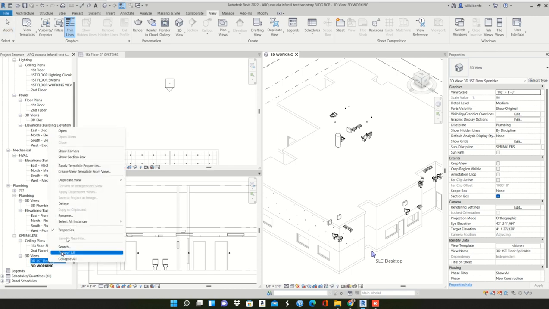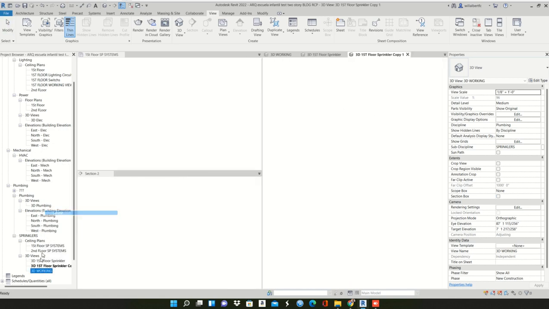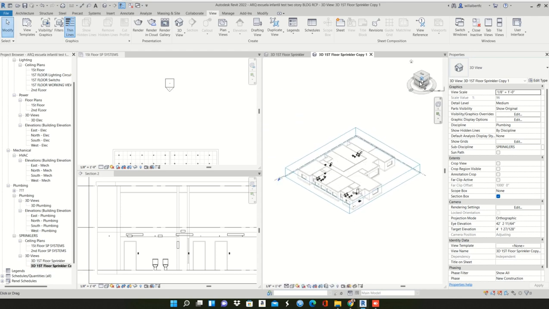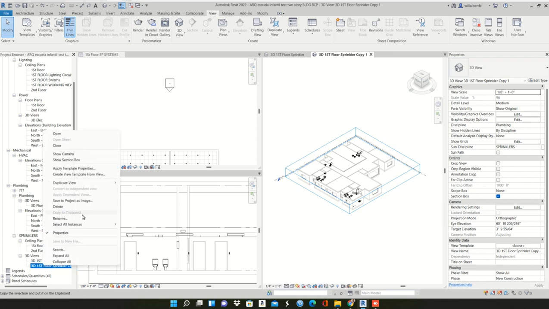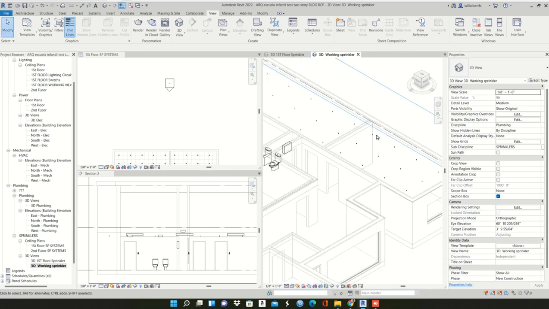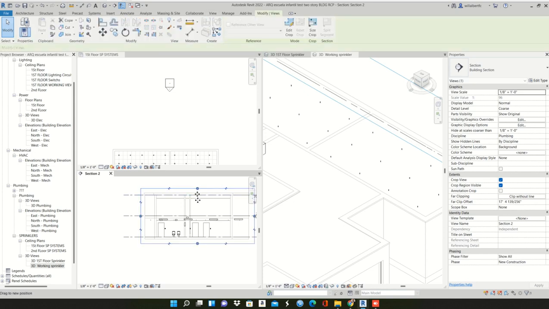I'm going to duplicate this because we already applied a lot of changes. I'm going to erase the working view and this sprinkler view. I'm going to name it 3D working sprinkler. Okay, so we are here. In this section, it's too much height, so I would like to